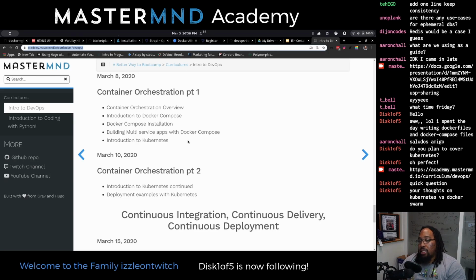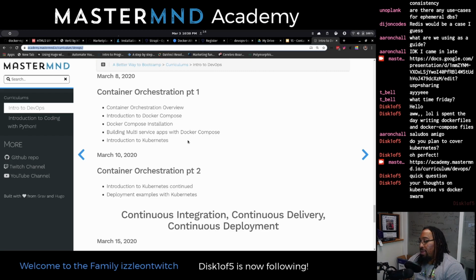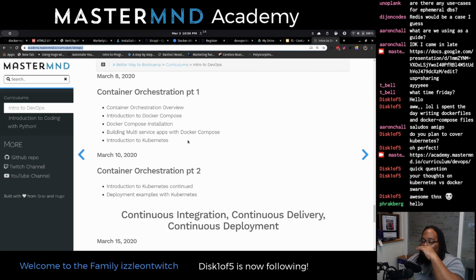I would focus my energy on Kubernetes, to be honest, over Swarm. But Swarm's cool. Swarm has really picked up a lot of the stuff that Kubernetes has to make it more useful. So it's a usable tool, but Kubernetes is what I would go with.